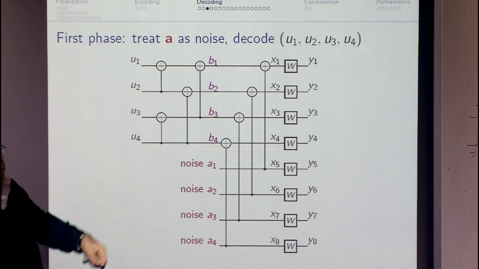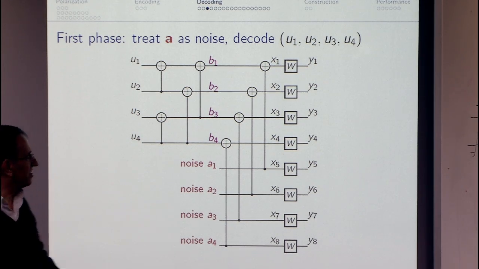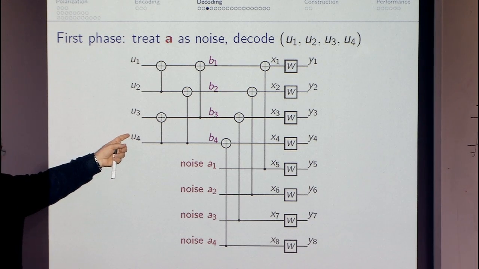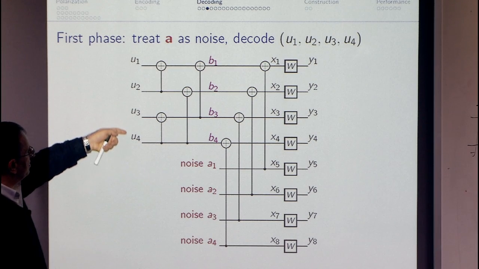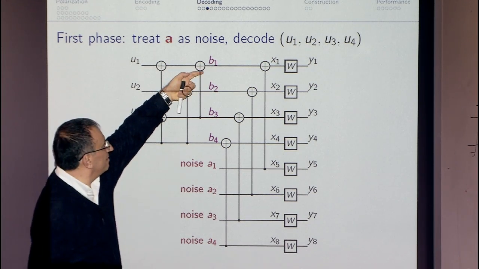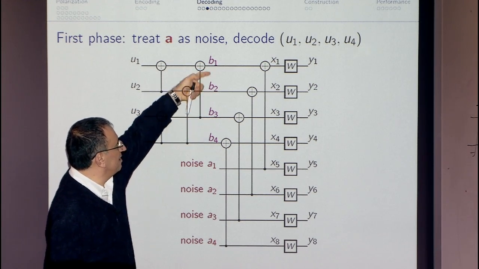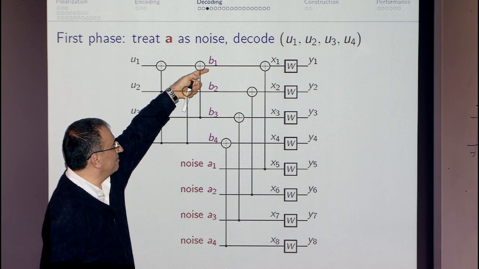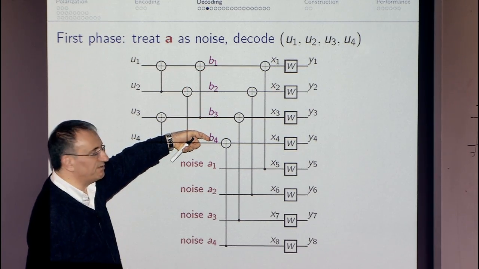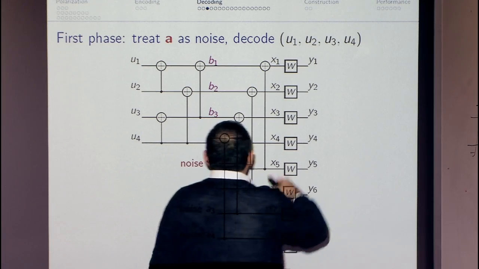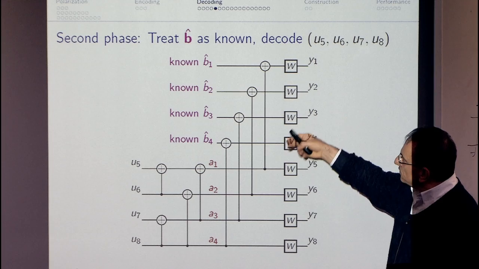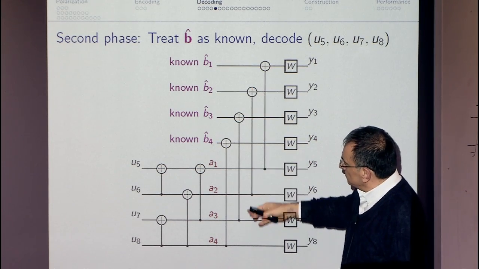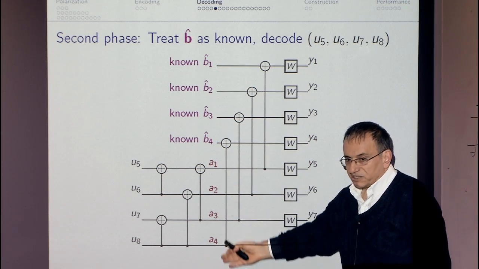If it is a data bit, then we select in accordance with the computed data bits. We make a hard decision. When all these are decided, they map into a unique hard decision relating to B1 through B4. And then we proceed to the next stage of decoding. Okay, so these are now known hard decisions. These things are to be estimated.